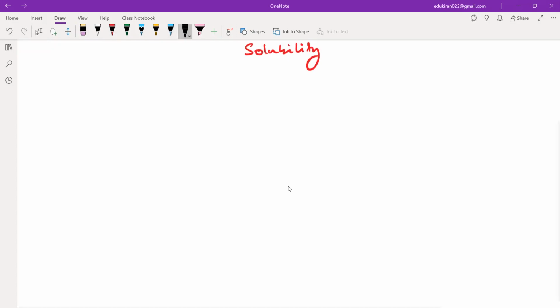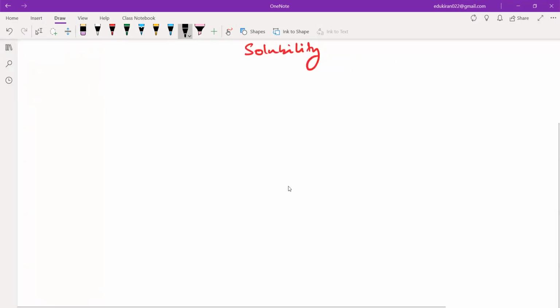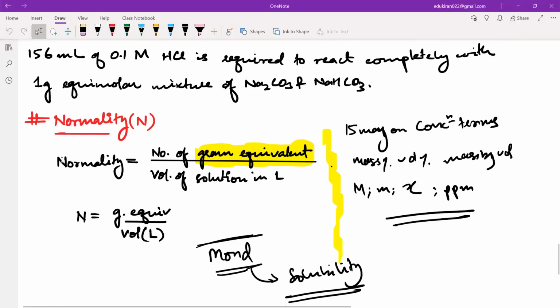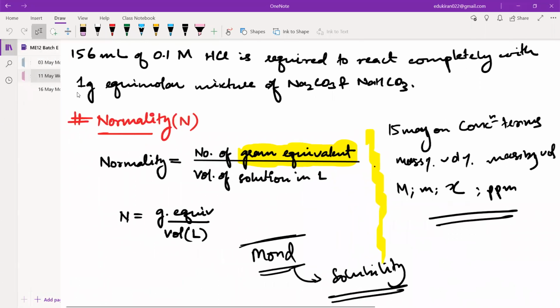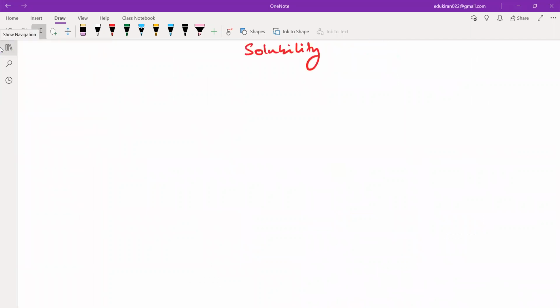Solubility. So all of you, please write the heading. Solubility. Sir, you said you will explain what is gram equivalent. Yes, normality is in that. But you already started normality. No, we just wrote the formula. Because it is related to concentration terms, I will explain this when we start colligative properties, at the end, with abnormal molar mass, abnormal molecular weight. There I will explain normality. It is not needed right now here, that is why I am leaving it off.